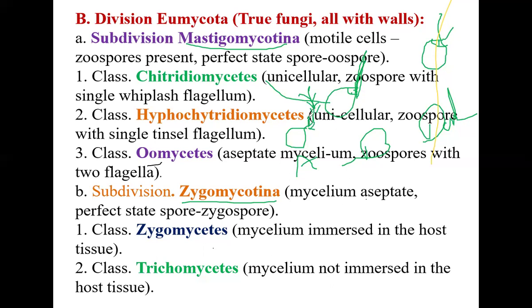Okay, and if the zoospores have two flagella, not a single flagellum, two flagella. One is whiplash, one is tinsel. If the two types of flagella are there in the zoospore, that is grouped in